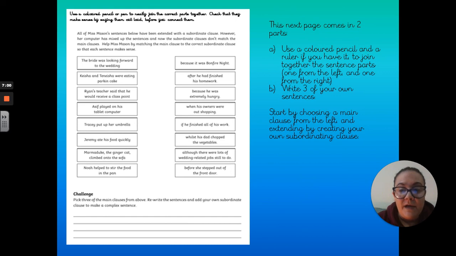And I would again have the expectation that it's cursive, it's neat. Think about those letter shapes, those letter sizes. If you need help with spelling, remember to ask someone at home to give you a hand with that, but have a try first. Make sure that you send your work in from this for today to me so that I can have a look through, see what you've done and see if it makes it onto the Fab 5